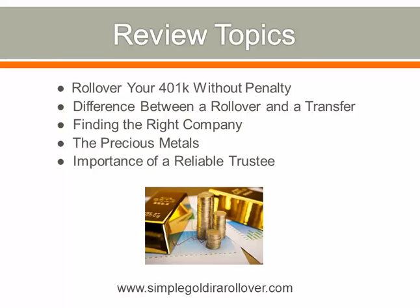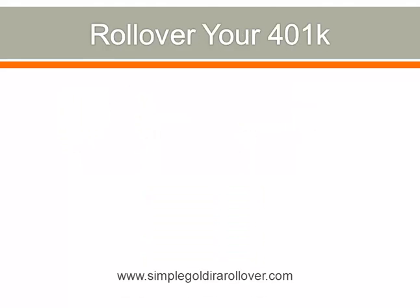Now let's look at the process of moving 401k funds into a gold IRA. What you need to do is simple. You need to set up an IRA account that is capable of accepting gold and other precious metals as an investment. Let's take a look at two methods to do this. The first,